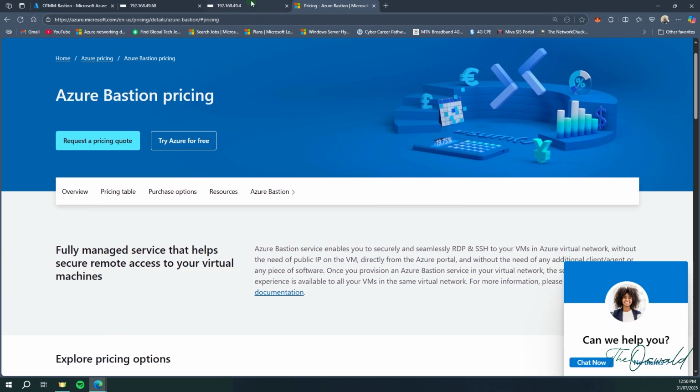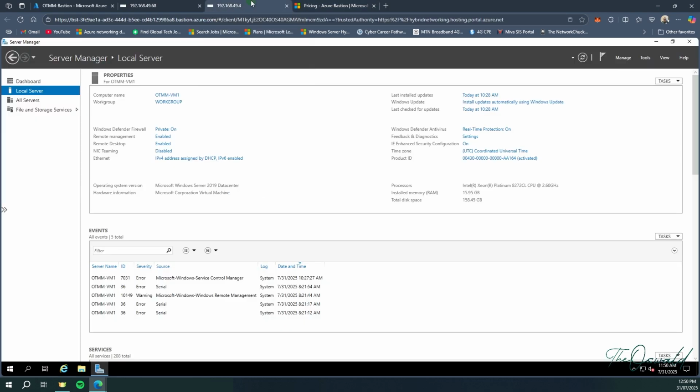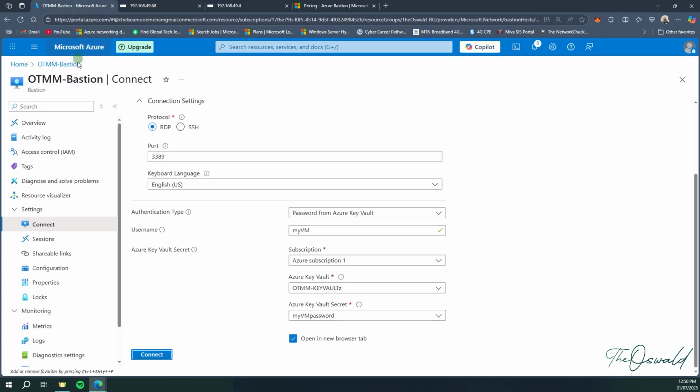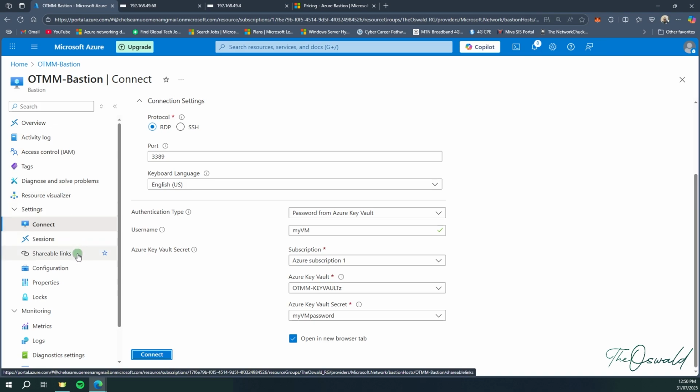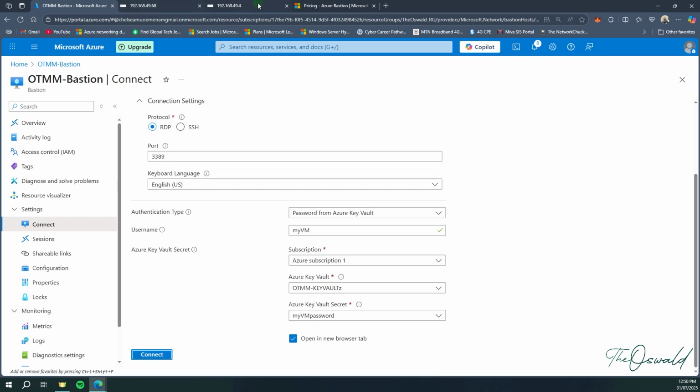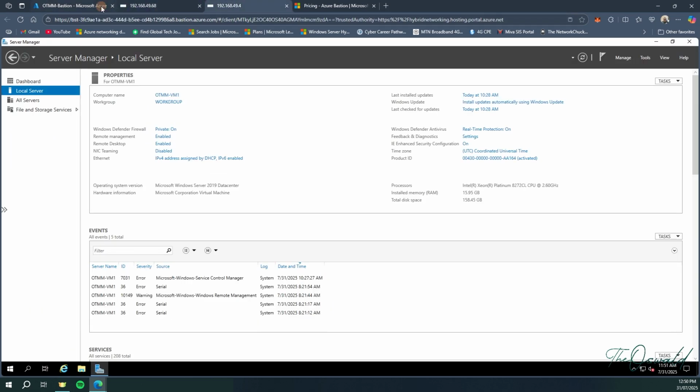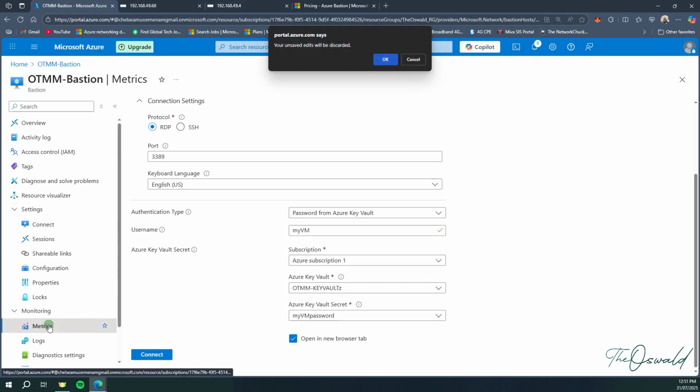So that said, we'll come back to our VMs. We have these VMs here. This is the second VM, and here we are back in Azure. One more thing I want to show you is the metrics. I wanted this to run for some time so that we can come check the metrics and see some things. So if I come to metrics here,